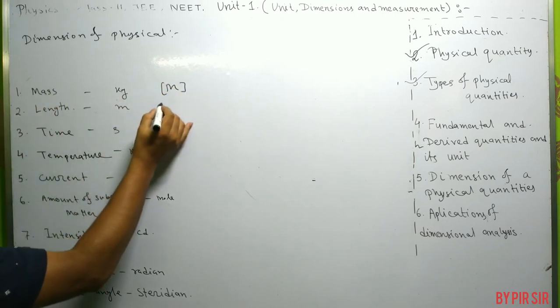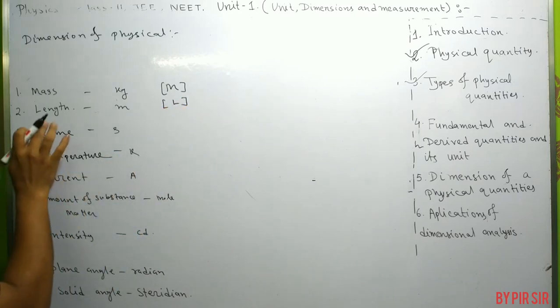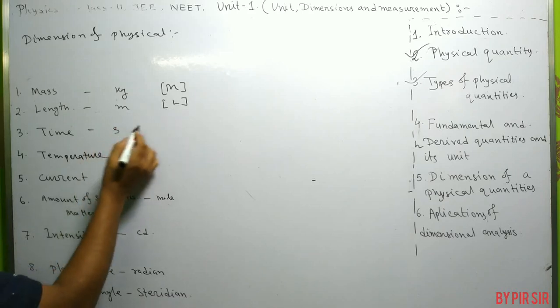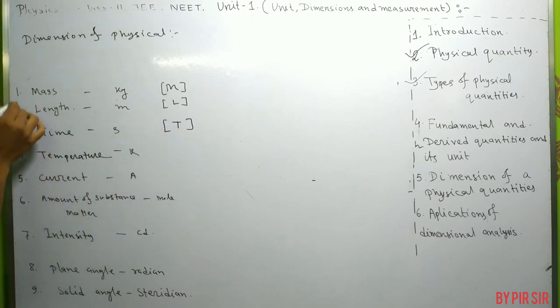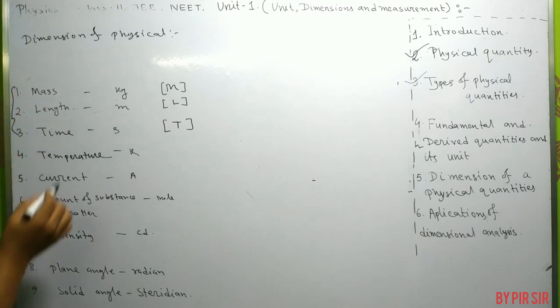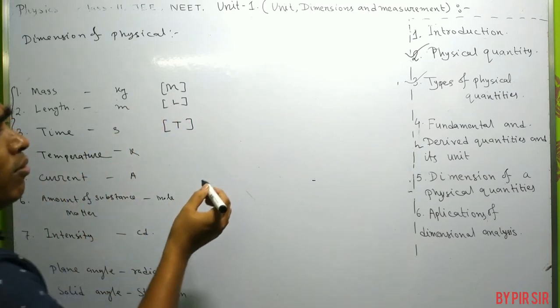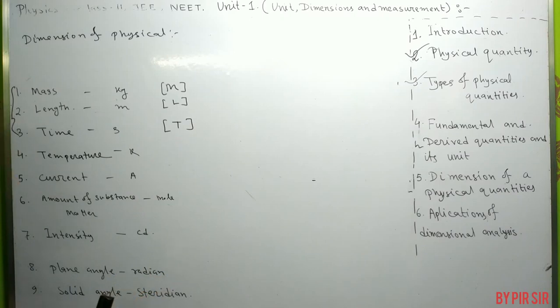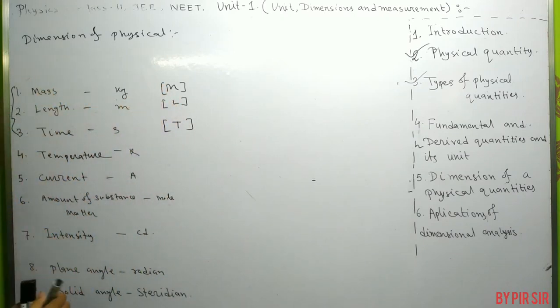What is the dimension of length? Length is denoted by L. What is the dimension of time? It is T. These three are fundamental quantities, and their dimensions are independent of each other: M, L, T. But when you calculate the dimension of derived quantities with the help of these three,